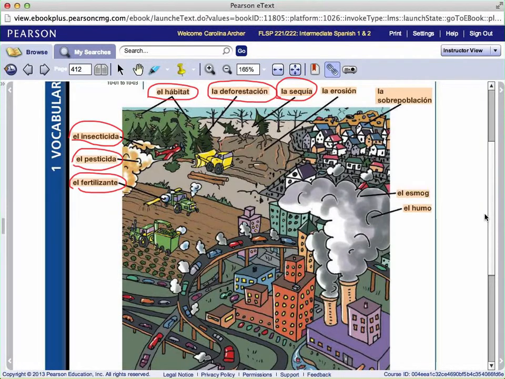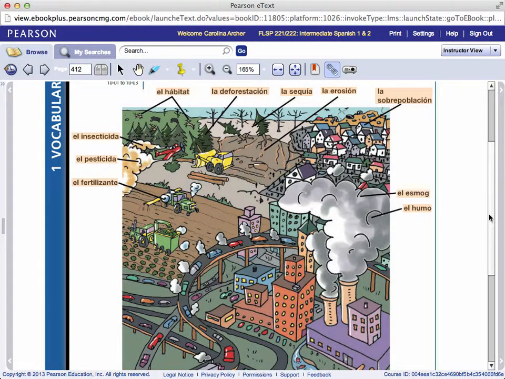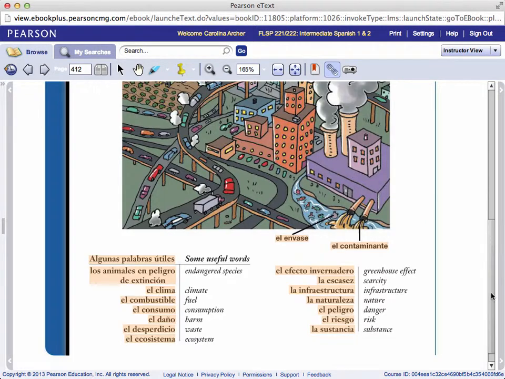La erosión, erosion, la sobrepoblación, overpopulation, el smog, of course that comes from smog, el smog, el humo, the smoke, el humo, the H is always silent. Y aquí abajo tenemos el contaminante, the contaminant, y el envase,